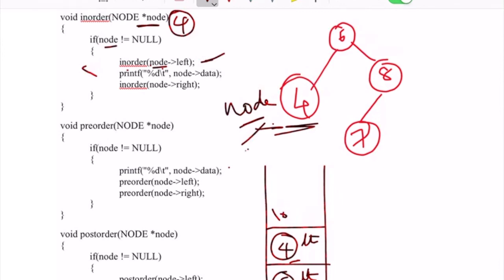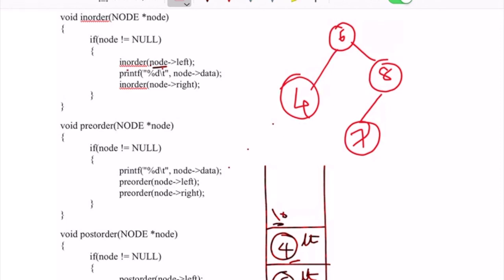Now when you come to the left, it would be null. The same function is getting called, but now the node is pointing to null. Now check if node not equal to null. So null not equal to null condition fails. So you are going to go back to the previous one, and continue where you had stopped. Since null is not present, it is going to be deleted from the stack, and you are going to go back to the previous one.